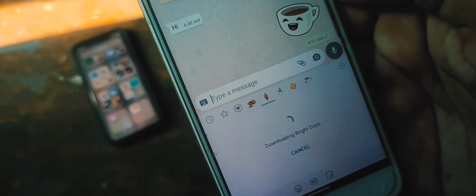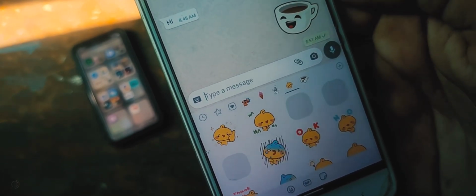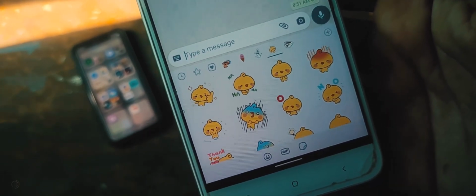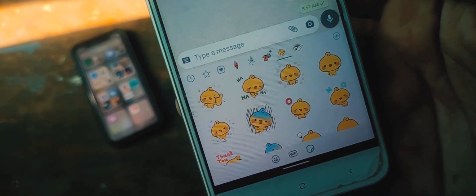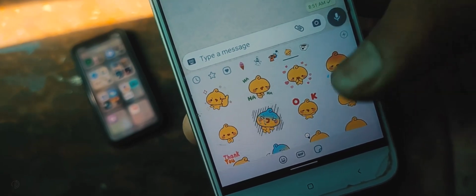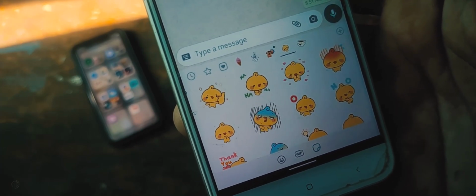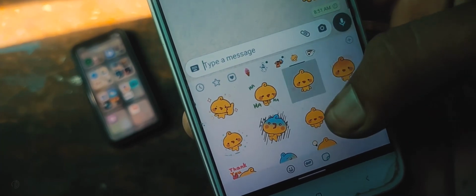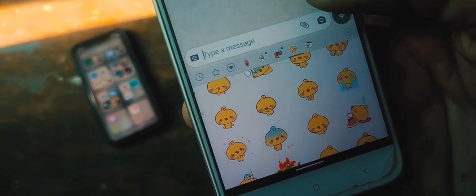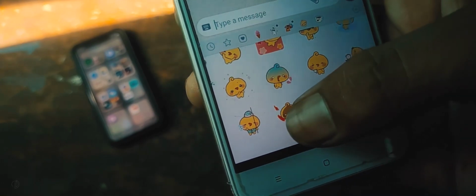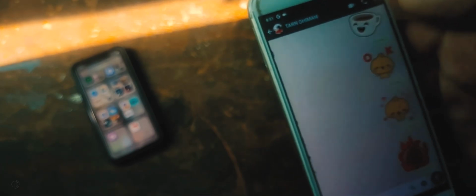Going back to the conversation, here you can see your new animated stickers. While this feature will certainly be a step up from the normal stickers, making conversation more fun and interactive for users, at the moment it is still in beta. It is not clear when WhatsApp will add animated stickers to the main version. I am sure we will get to see these stickers in the stable version of WhatsApp soon.